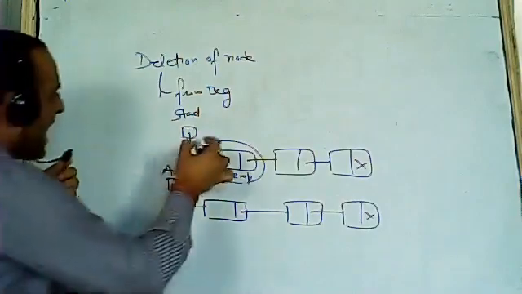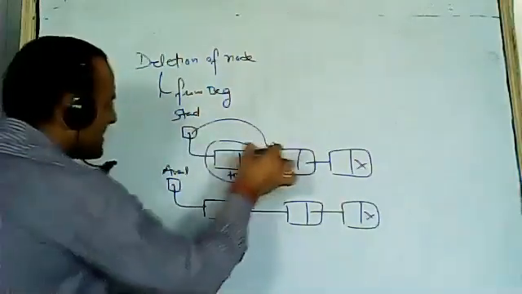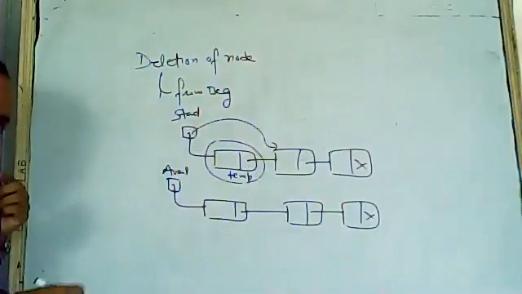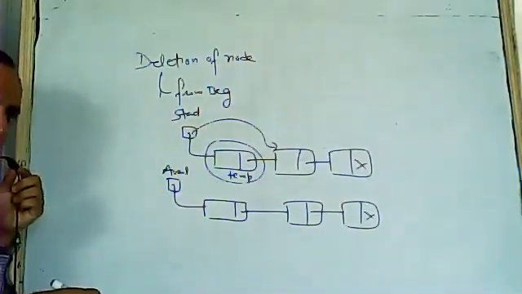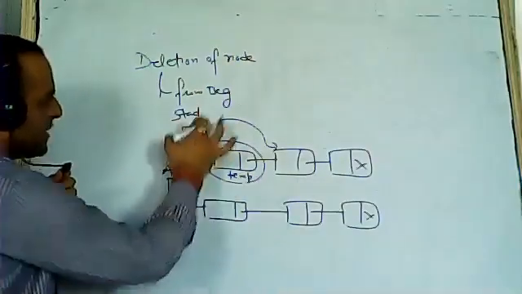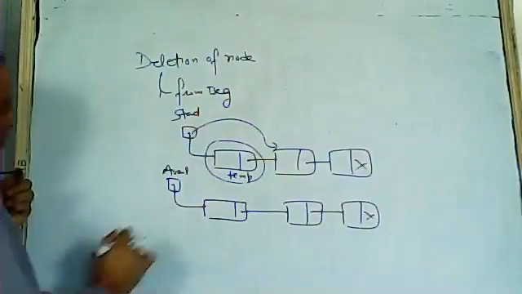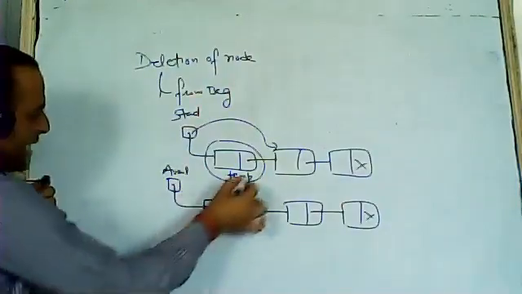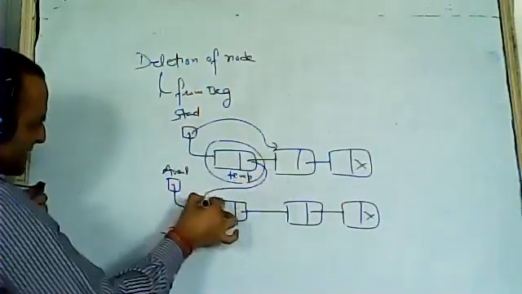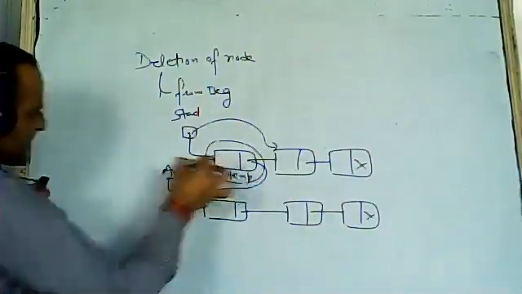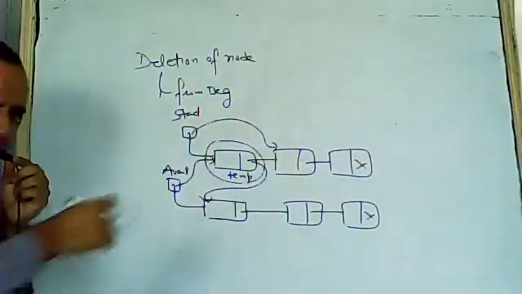And your new start will be this node, because this will be deleted. This temp will be deleted. Your new start will be this node. Now this temp node has to be put into avail. Temp will point to this and avail will point to this. And this will be inserted into avail.